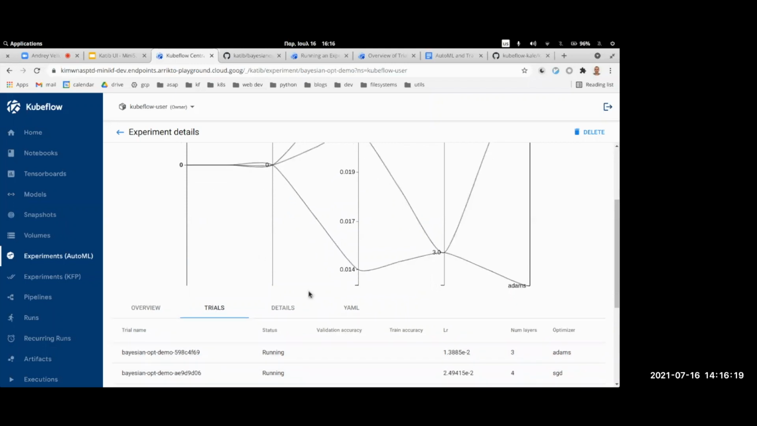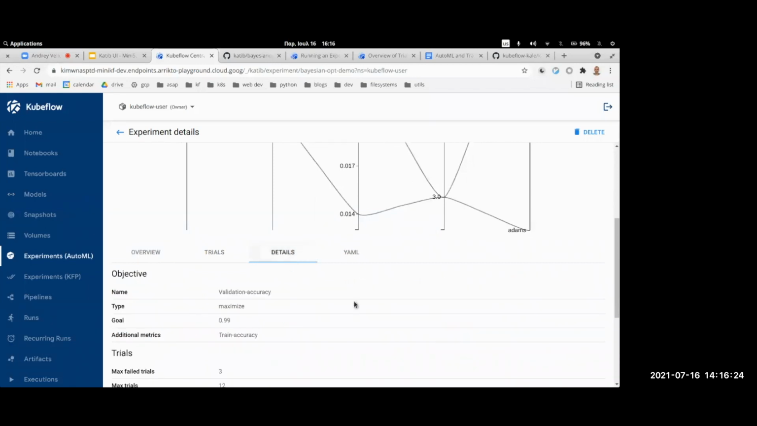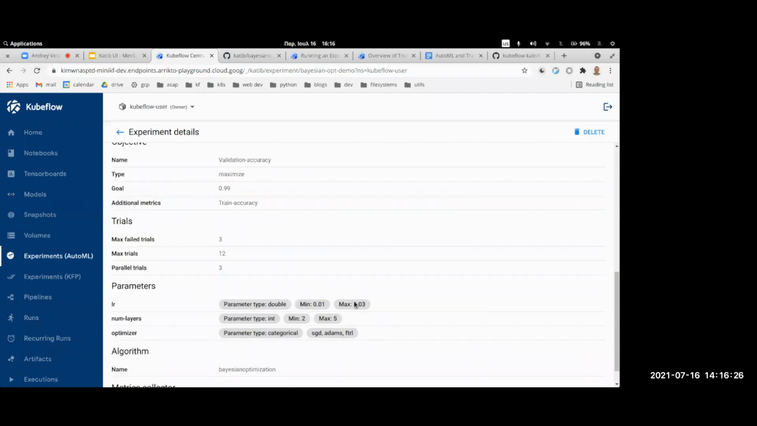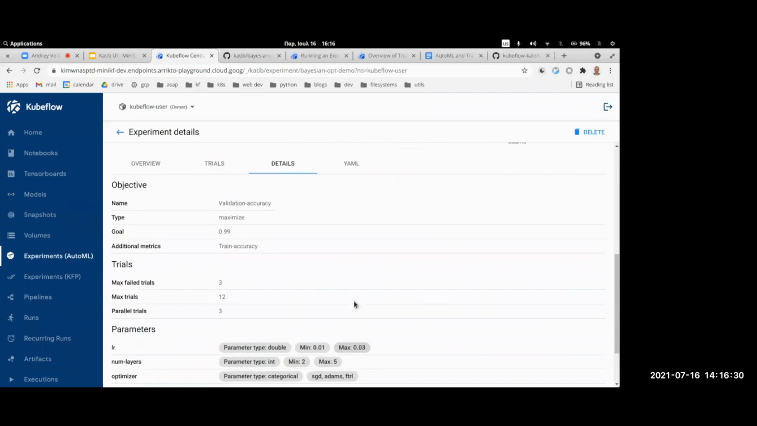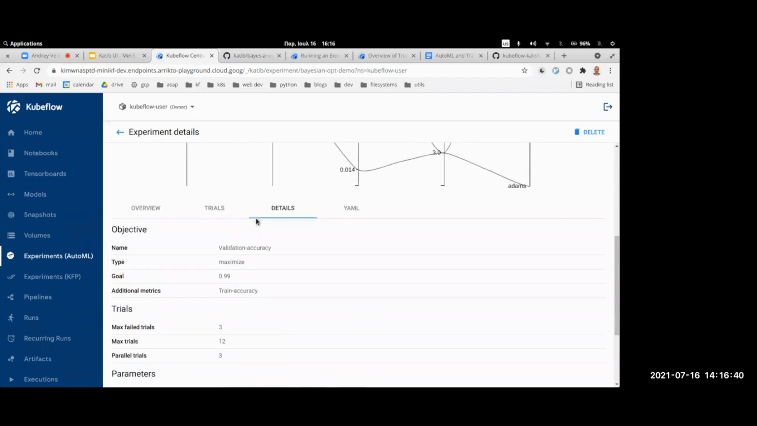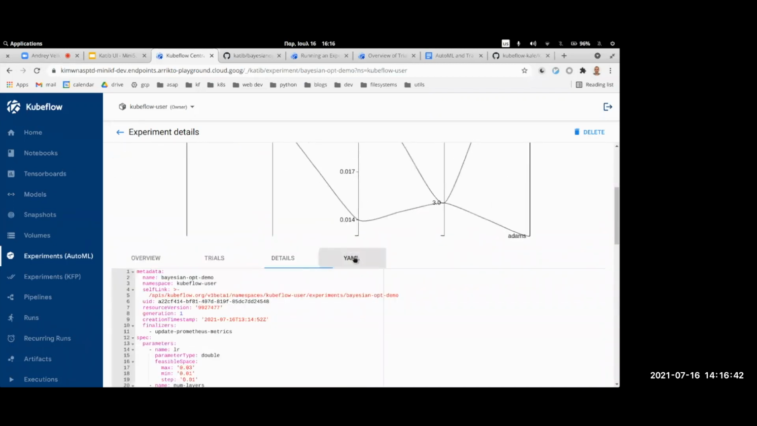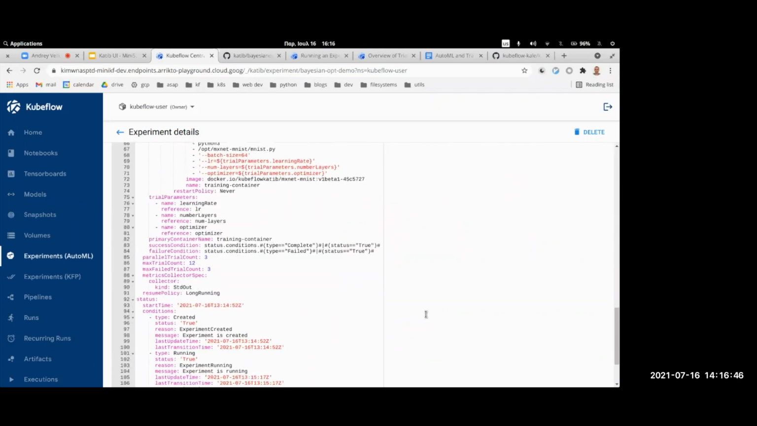But we can also discuss them a little bit later and hear your feedback as well. Next up, we have the detailed section, which is essentially the spec defined in a more user-friendly way, so users can focus on the specific areas of the experiment, like the collector, the algorithm, the parameters. And last but not least, they can also view the YAML of the experiment as it is right now in